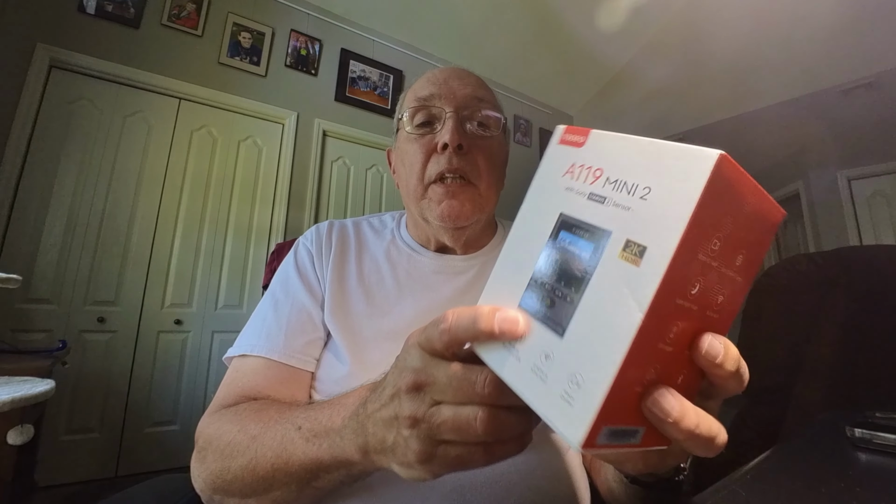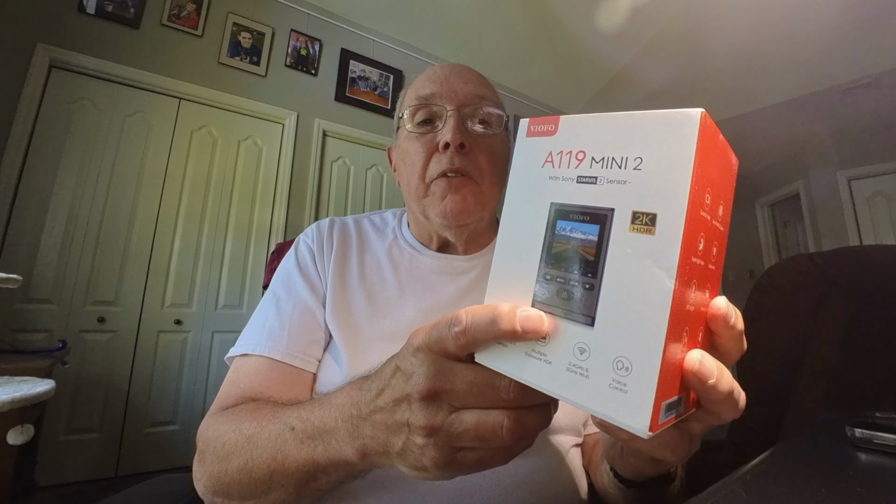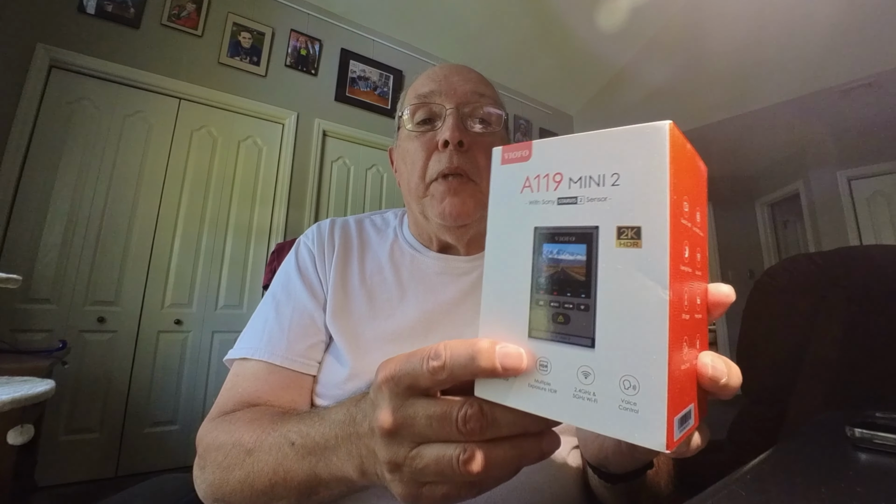Hello everyone. Just this week I purchased a 2024 Chevy Equinox EV and I'm about to install a dash cam in there. Now I've installed several other VIOFO A119 versions of this camera in other cars, but this time around I'm going to go with the Mini 2, which has several features that are pretty nice, such as Wi-Fi connectivity